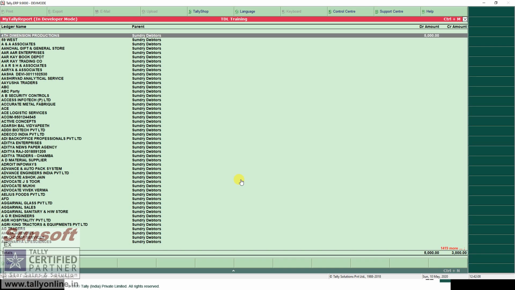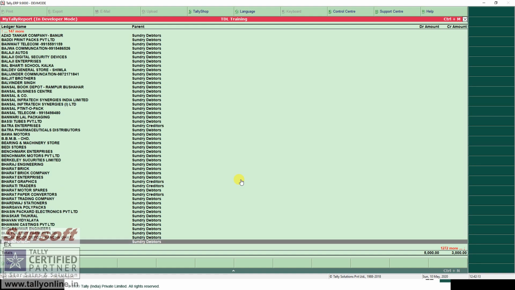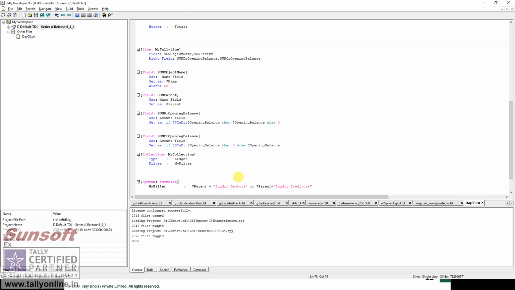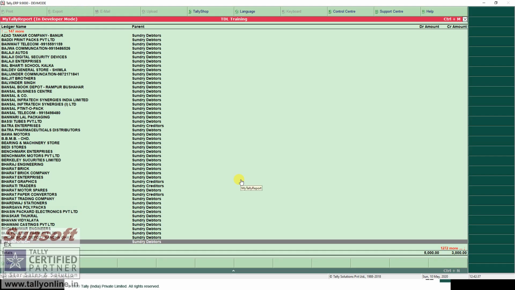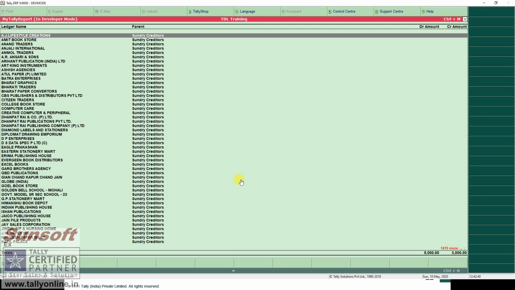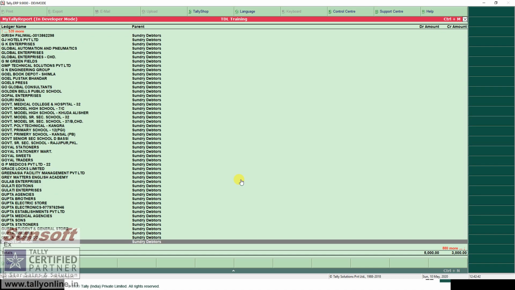Now you see what is happening is the names are coming alphabetically. So I am having sundry debtors, and in between I am having sundry creditors. Now I want to set it group-wise, so I use sort. I want to sort first on dollar parent. I am just doing dollar parent right now. Now you see the sundry creditors are coming first and then the sundry debtors.